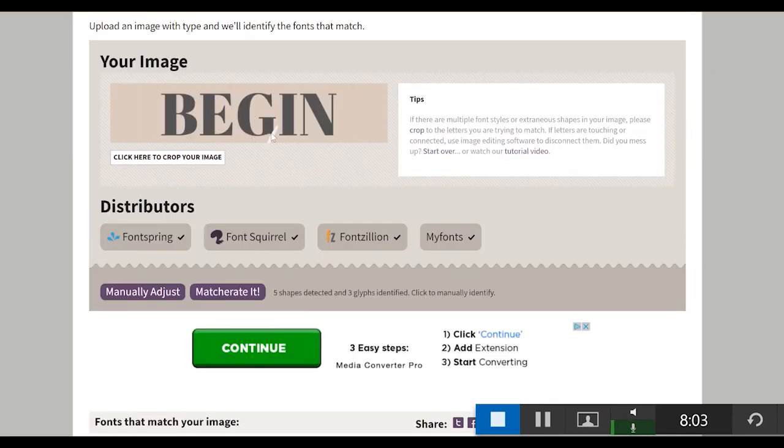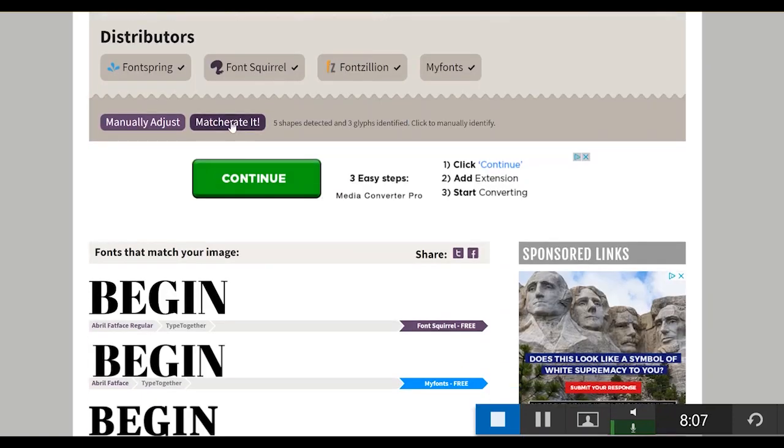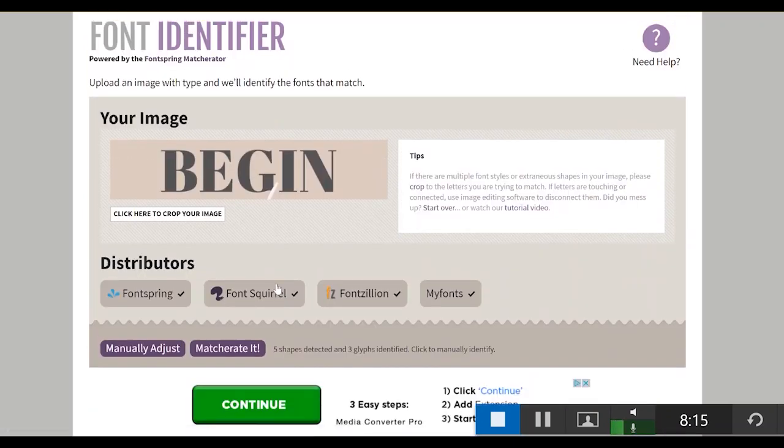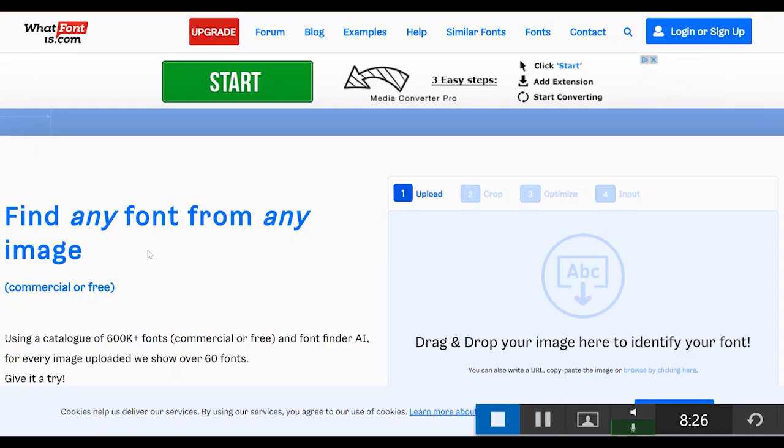Again, this one I uploaded my image, picked all four, clicked Maturate it, and the very first one is actually the font that it is, and you could get that on Font Squirrel for free. So 2 out of 4 for Font Squirrel. Let's move on to our next website. This next website is